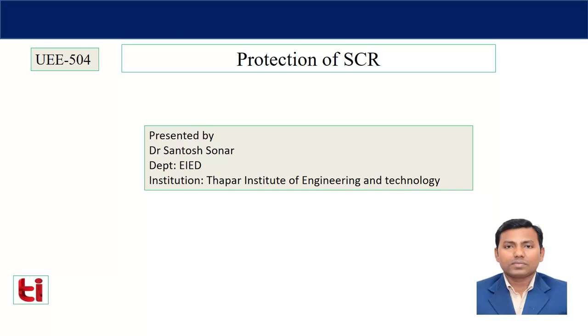Generally, for protecting the thyristor from reverse voltages, a diode is connected across the gate terminal to absorb the voltage spike across the gate terminal. Capacitor is connected. So those things I will not discuss here. Later on, if time permits, we will discuss in detail. So in this class, we will discuss dV/dt and dI/dt protection of thyristor.